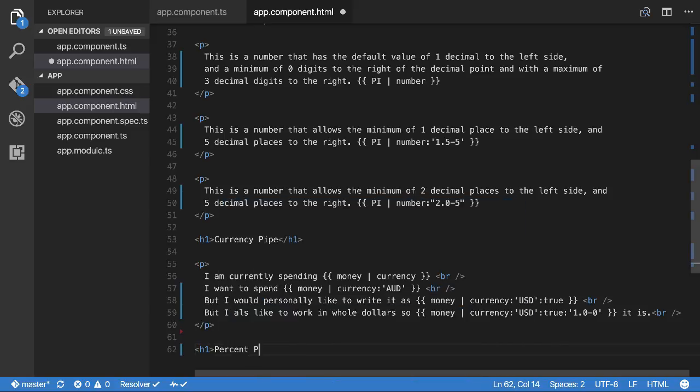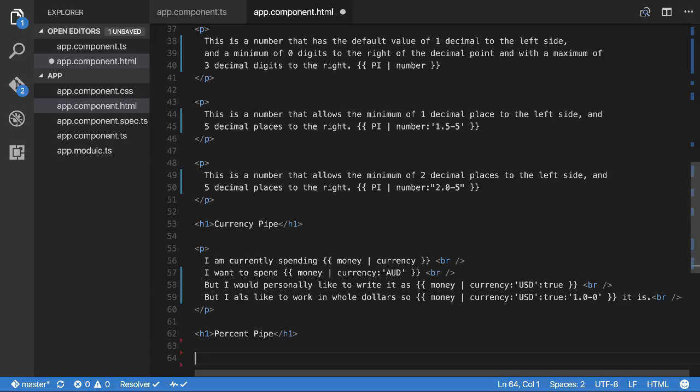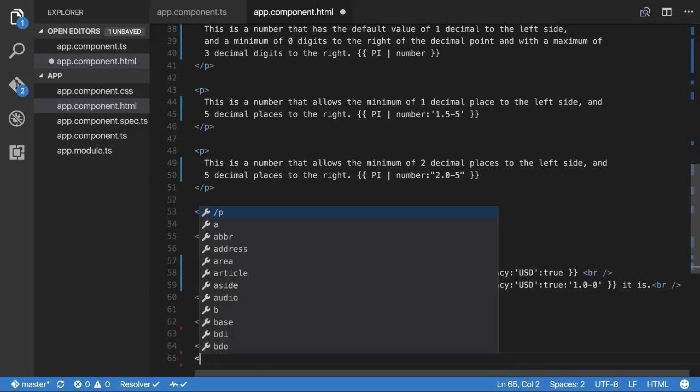This one is really easy. In fact, it uses the same format, or it gives you the ability to change the number format the same as the decimal format. And then basically it just times any number by 100 and puts a percentage at the end. That's essentially all it does. So we go P/P,